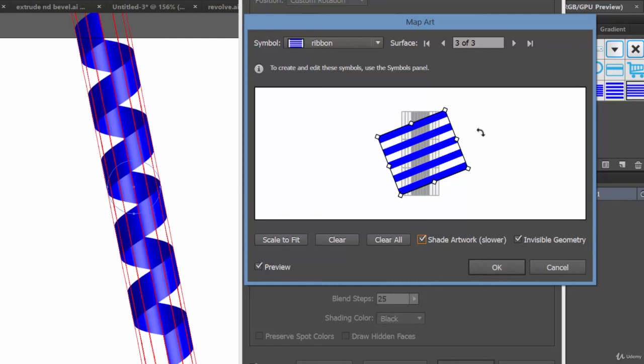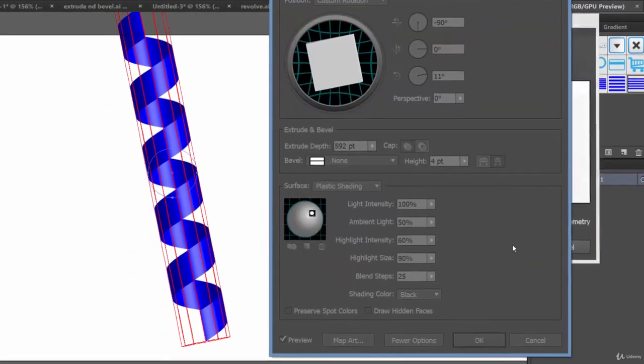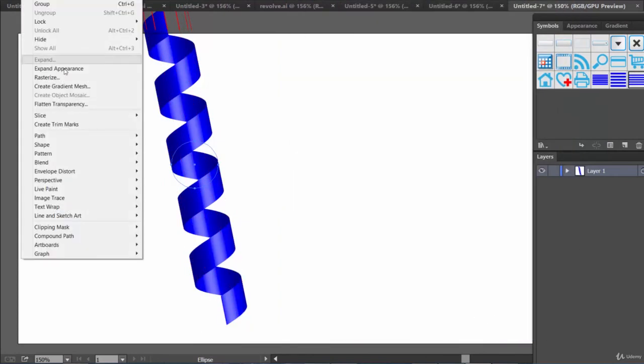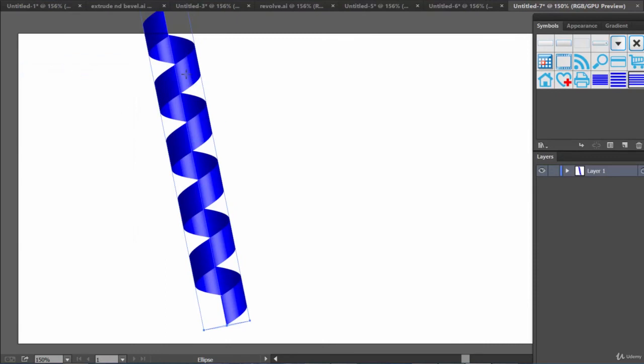You may think of it as a tedious job, but you have to do some work with it to match it and make it a ribbon effect. When you are done, click on OK. That's it, guys. Now go to Object, Expand Appearance, and there you go.